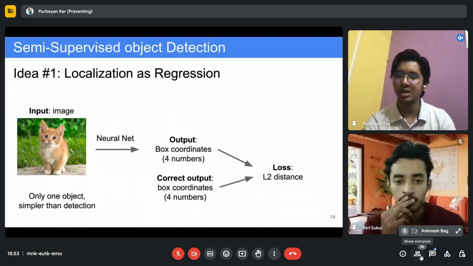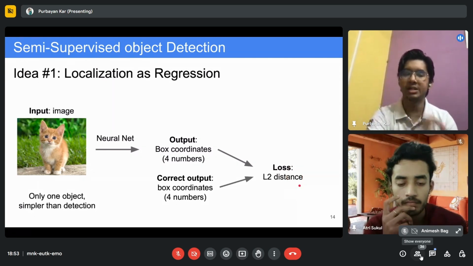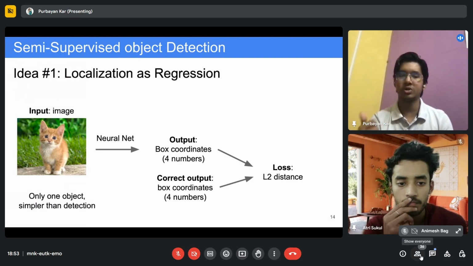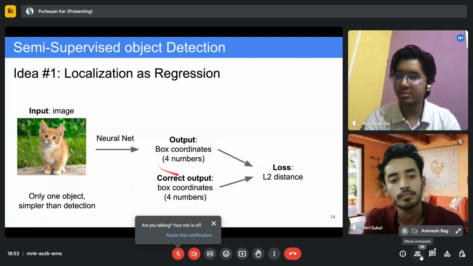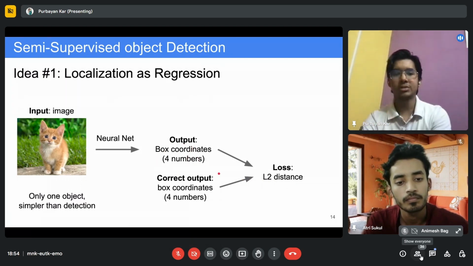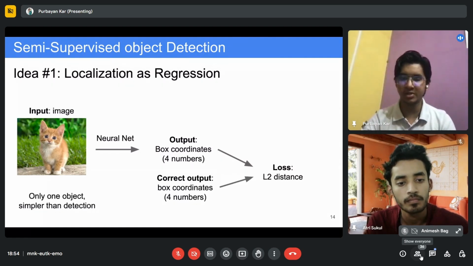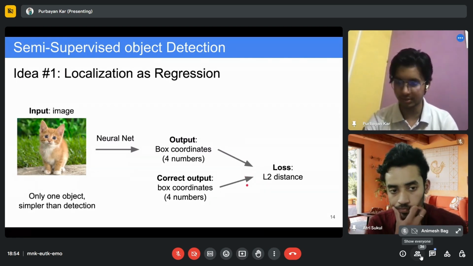But if you don't know, loss is a term by which we penalize the model: this much amount you are right, this much amount you are wrong. This is the term by which we penalize the prediction of the model. If the model is predicting correctly, the loss will be low. If the model is predicting incorrectly, the loss will be high. So now we get the four box coordinates x, y, w, and h, and we have the corresponding label for that in our dataset. As we are currently doing supervised learning, not moving into semi-supervised here, we will calculate the loss and penalize the model correspondingly.